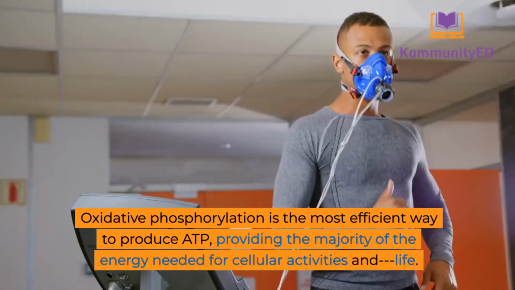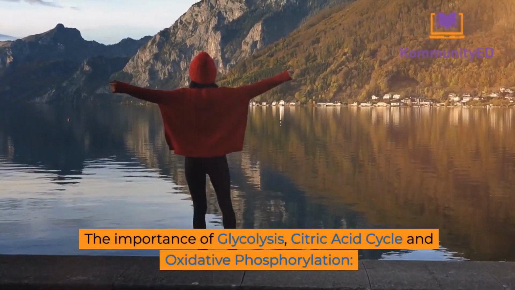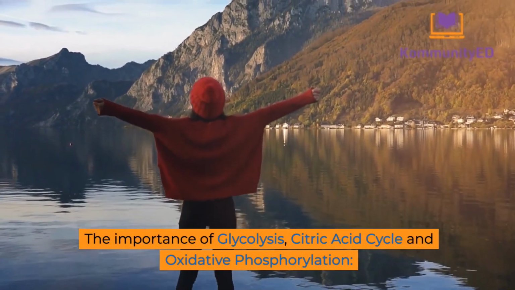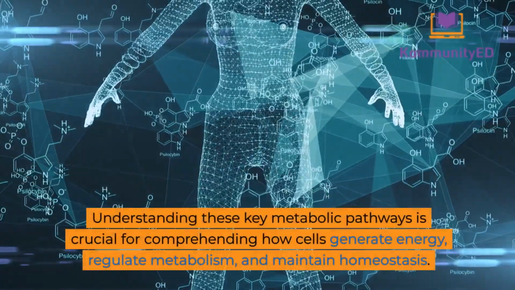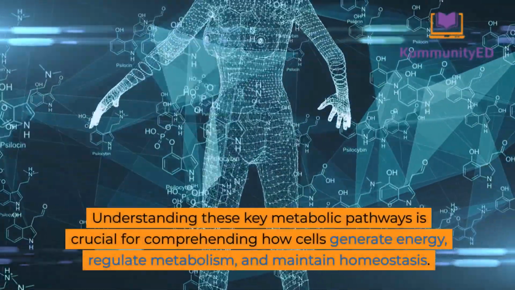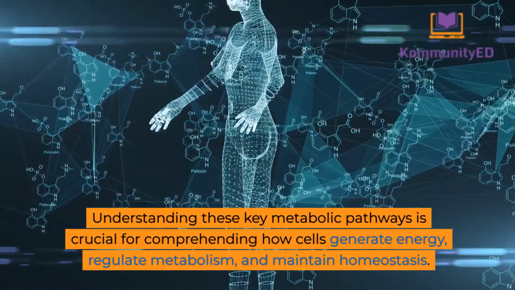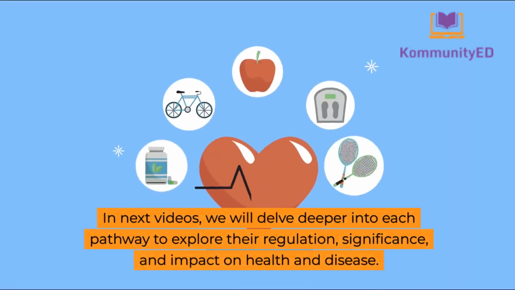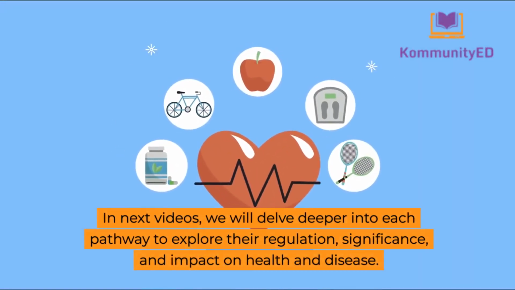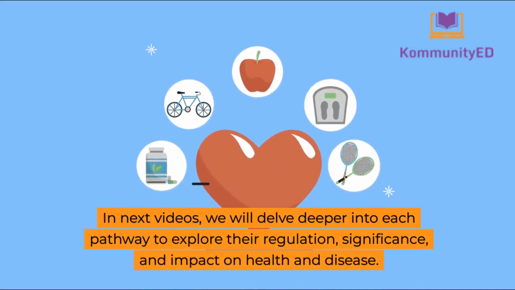and life. The importance of glycolysis, citric acid cycle, and oxidative phosphorylation. Understanding these key metabolic pathways is crucial for comprehending how cells generate energy, regulate metabolism, and maintain homeostasis. In next videos, we will delve deeper into each pathway to explore their regulation, significance, and impact on health and